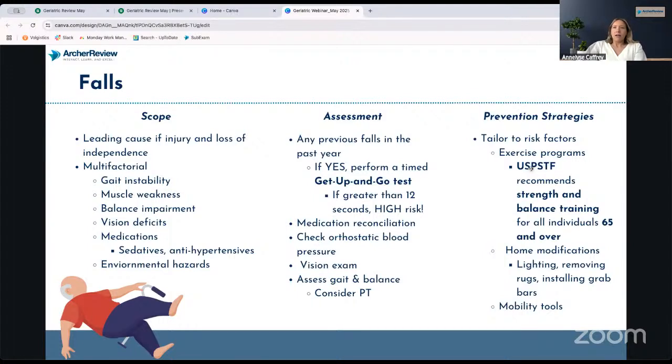The US Preventive Services Task Force does in fact recommend strength and balance training. So a lot of times a gym membership will even be covered by insurance for individuals over 65, because they should be getting that at least 2 days a week is their recommendation. So things like Tai Chi, strength and toning classes. And then there's just the safety things. Talk to them about mobility tools like bars in the shower, non-slip mats, getting rid of rugs, grab bars, etc. All of that is going to help prevent falls, which of course is one of our number one priorities as a provider because it is one of the number one causes of hospitalization, and we're trying to prevent hospitalization.